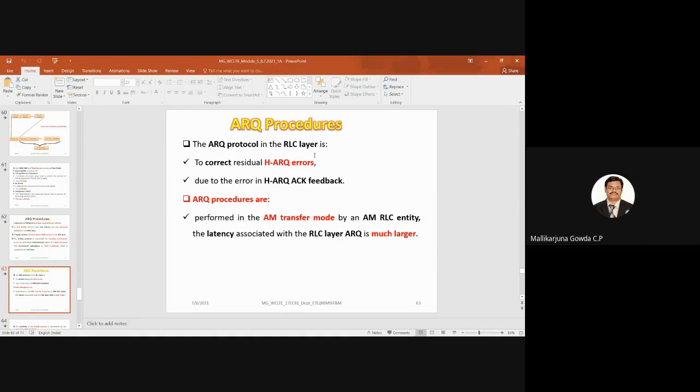Then ARQ procedures are performed in the AM transfer mode by an AM RLC entity. Okay, so the latency associated with the RLC layer ARQ is much larger.